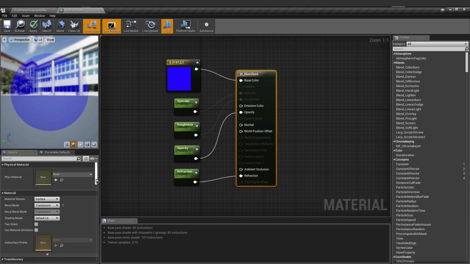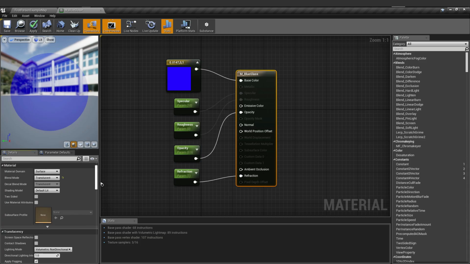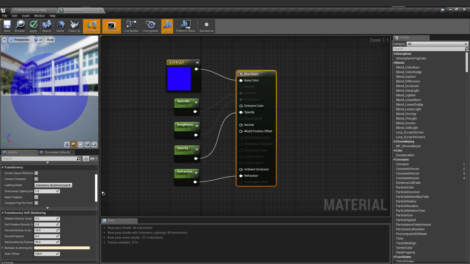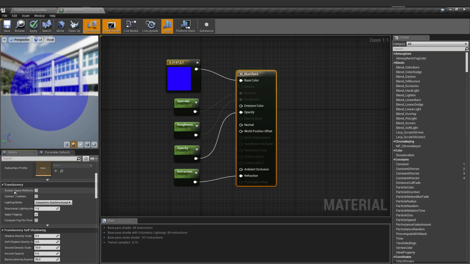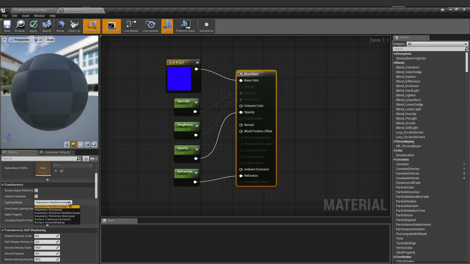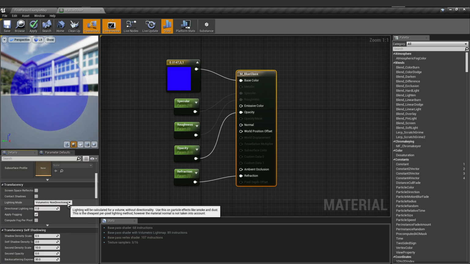After we change the blend mode of the basic material into translucent, we're going to go to the translucency section, and under translucency, we're going to select the lighting mode. In lighting mode, the default selected value is volumetric non-directional.